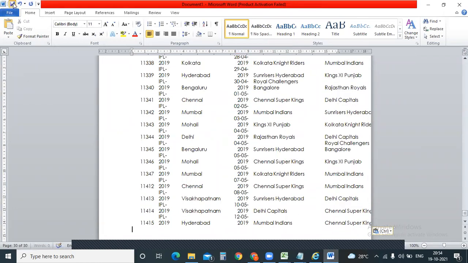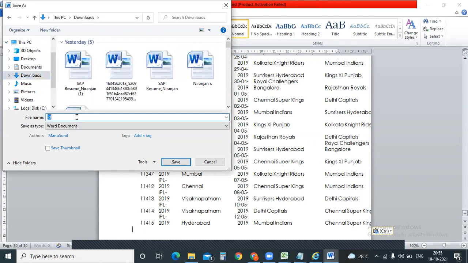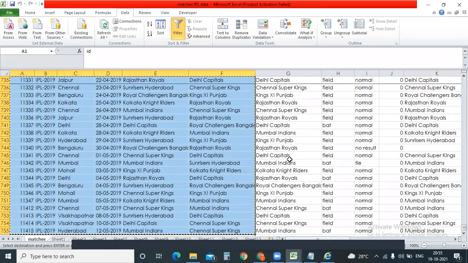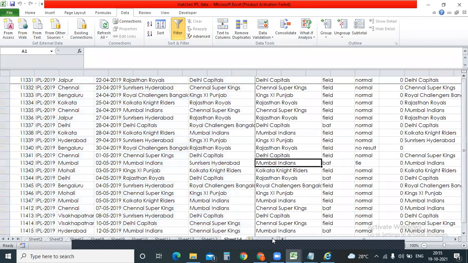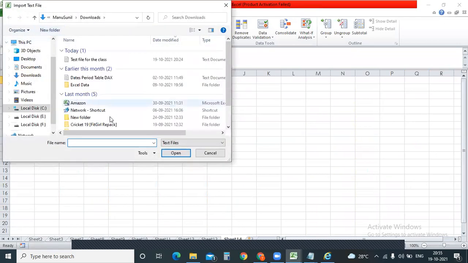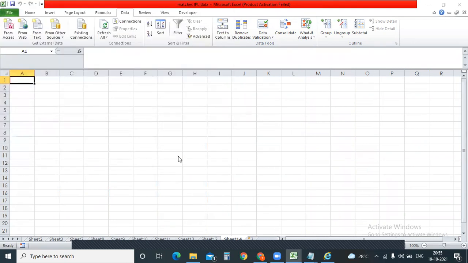Just let me save this. Let it be, put it in the downloads. Just test file. Save. Okay, close. Now, if I want to import the data, just go to this from text. When you type text here, only text files will come. Just click it over here and select all the files. Now you can see all the files. Select that particular file, click on import.